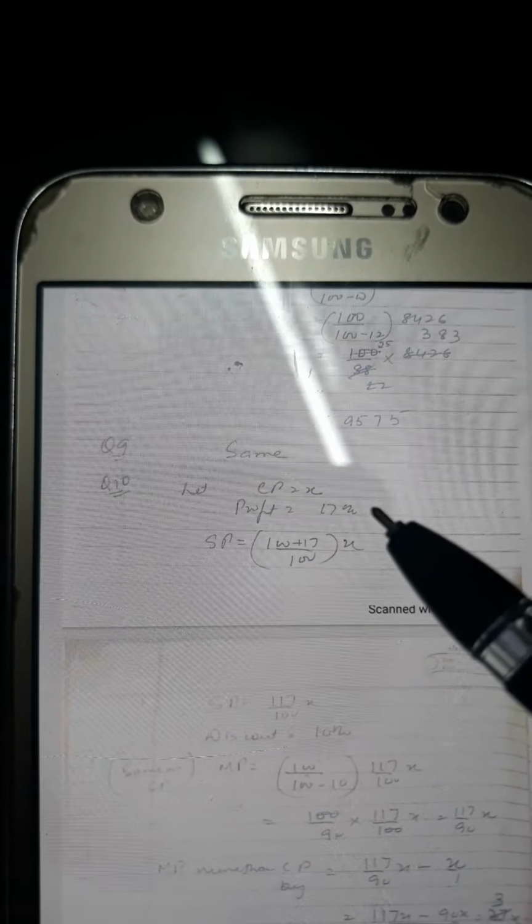So the 10th question: discount is 10%, profit is 17% here. With the cost price, taking the profit, we know with cost price you cannot work with discount. With cost price you have to work with profit. So we get the selling price. Cost price, profit, and then we get the selling price. Now in getting the selling price, discount is given 10%, so we get the marked price.